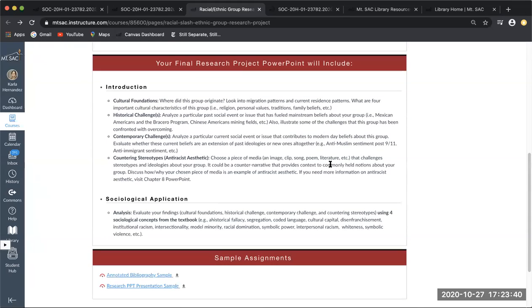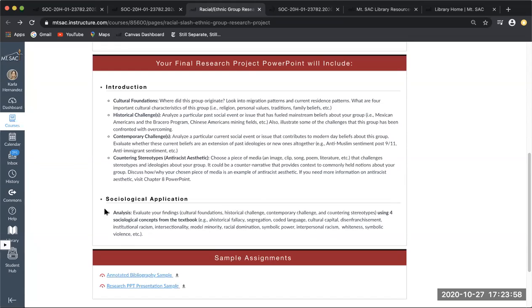And then the most important part of your research project: you need to show me that you understand these sociological terms, that you understand sociology and that you can apply it.